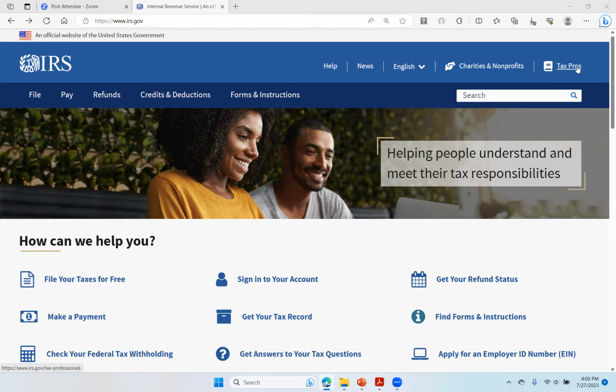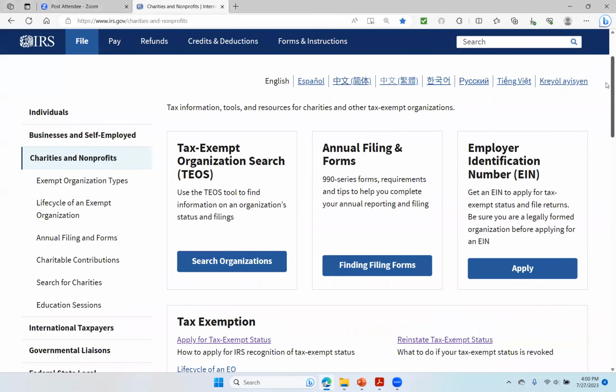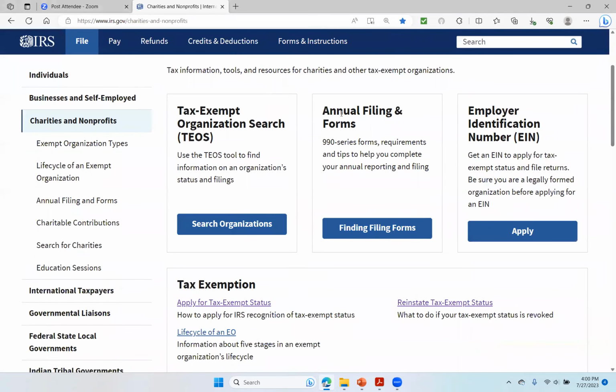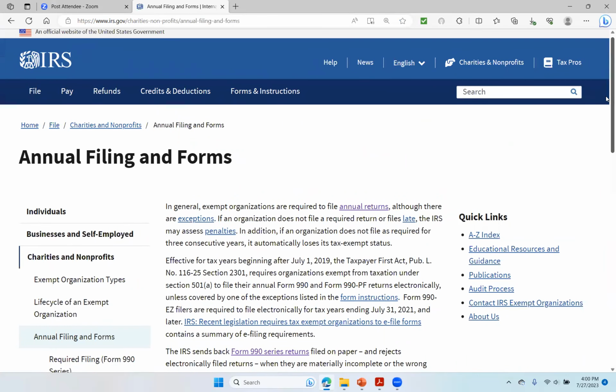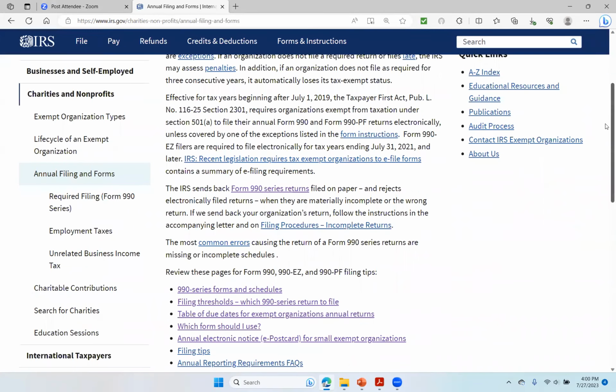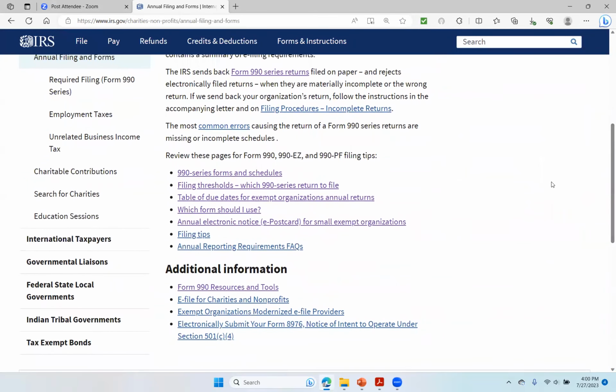So let's say that you are examining an information return and you want to know what a line means. You will go to irs.gov, where I am now. You will click on Charities and Nonprofits. You will scroll down and click in the section Annual Filing and Forms. Click on Find Filing Forms, okay? And then you will scroll down, and this is just my way. Of course, there are several ways to do this, but this is just my way. And then I scroll down and I click on